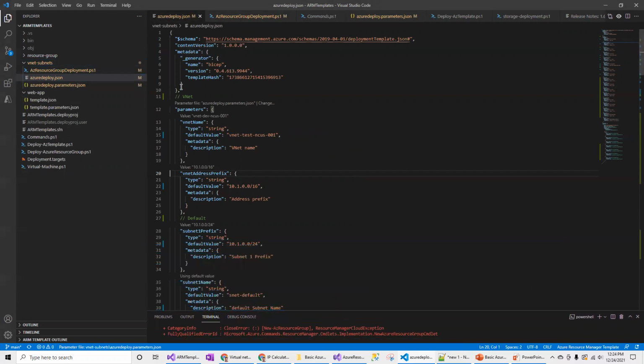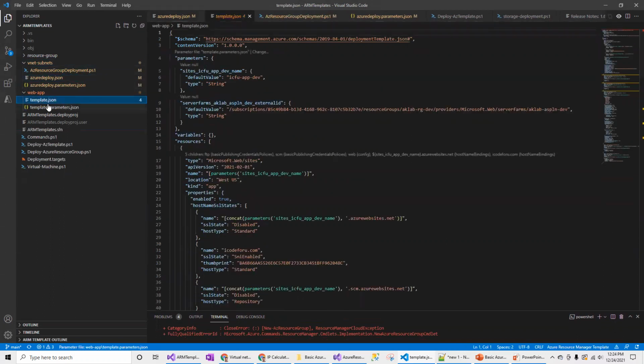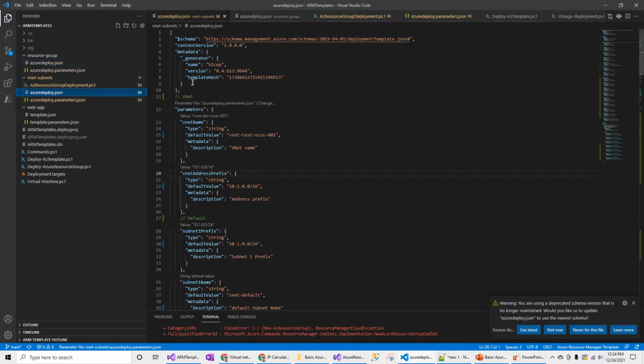I took this basic template from the resource group. I took this empty template and filled in the resources in the Azure deployment. This is the default one, which we already discussed as part of creating the resource group.